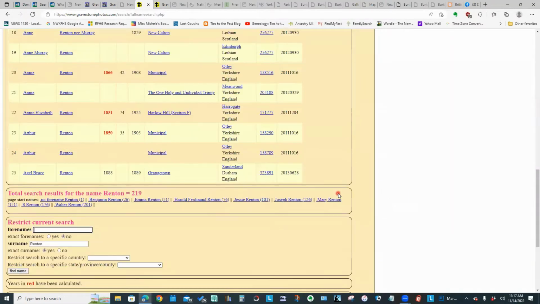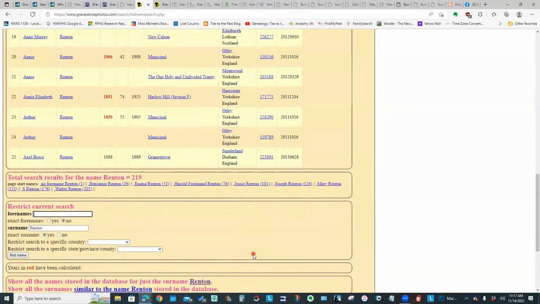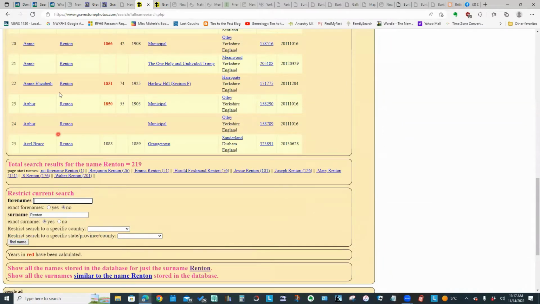And what it will do is show me the list of entries, but it will only display the first 25. I do, however, have the option to look at subsequent pages because it's telling me here there are 219 Rentons, and it is defaulting to sort everything alphabetically.